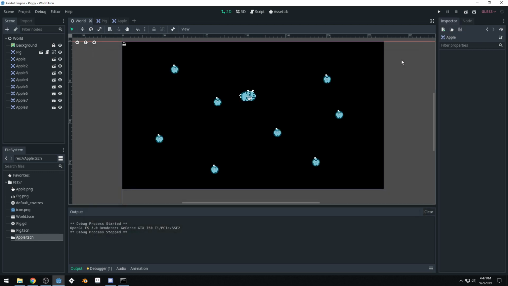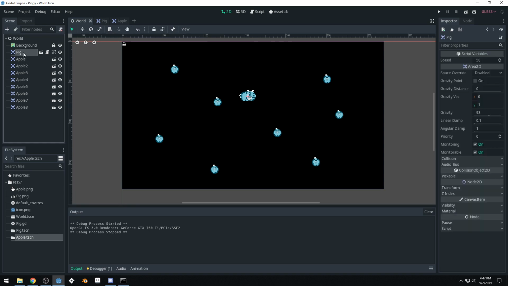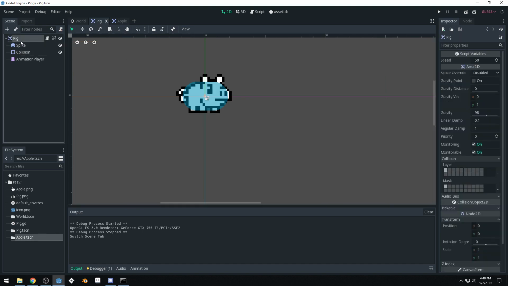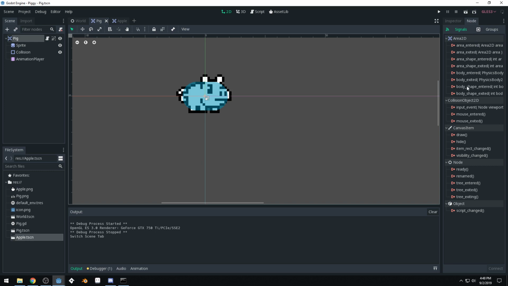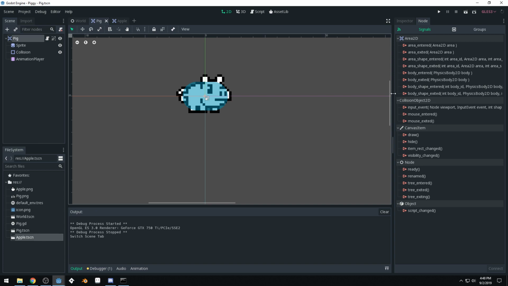Well, technically the collisions are being detected. We're not doing anything about it. So if we come into pig right here, there's a few different ways we can do this. You can see if we click on the pig scene right here to come into our pig scene, and we click on node, there are some signals associated with this. So we have area entered and area exited. So we'll actually use the area entered signal. So we can click on this,